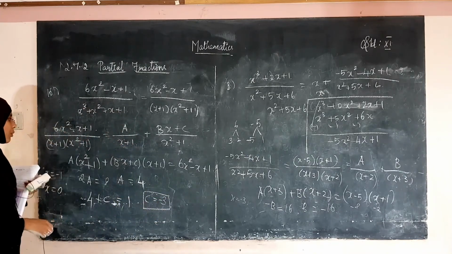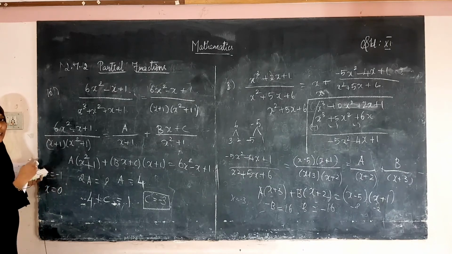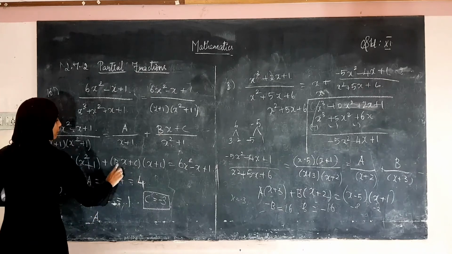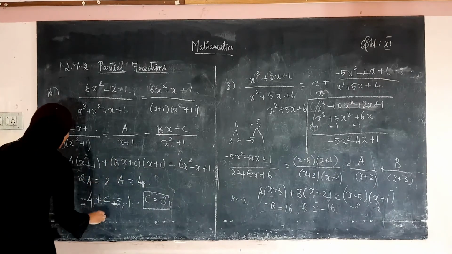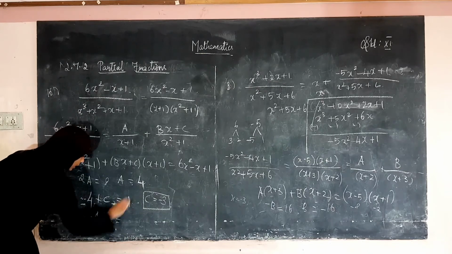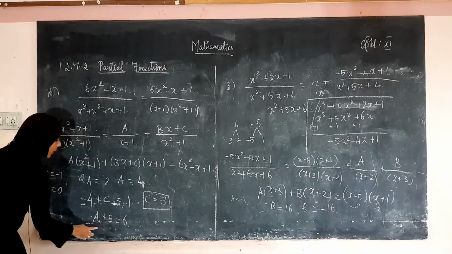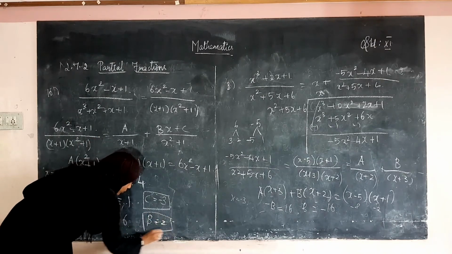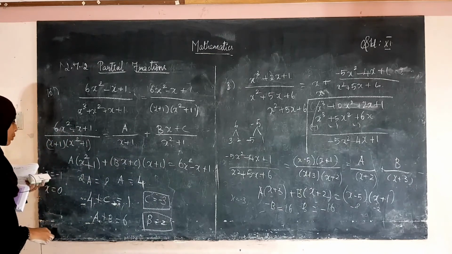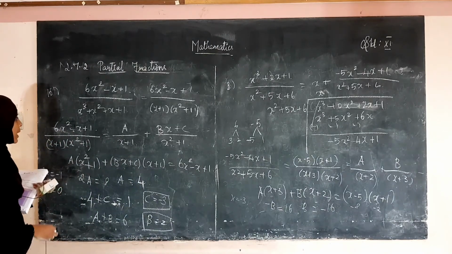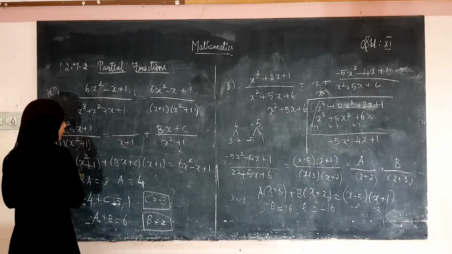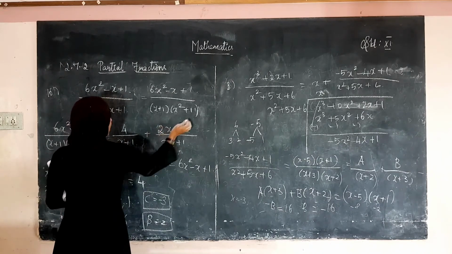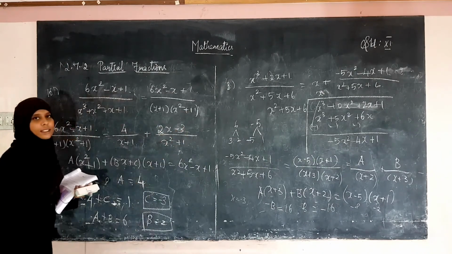And we have to find the value of B. Here, equate the coefficients of x². Here it is A, and here it is Bx into x, only then we get x², so A plus B is equal to, here it is 6. What is the value of A? A is equal to 4. So, B is equal to 6 minus 4. B is equal to 2. So, A is equal to 4, B is equal to 2 and C is equal to minus 3. So, you have to substitute A is equal to 4, B is equal to 2 and C is equal to minus 3. This is the answer.